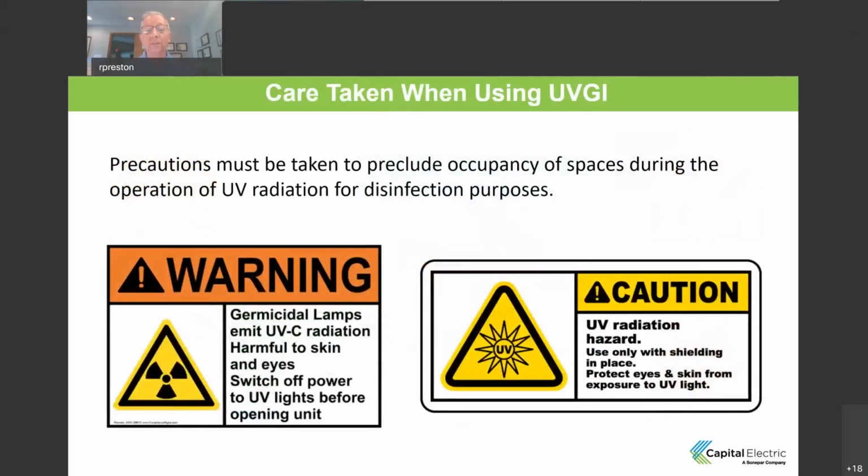Traditionally, when this product has been used in the past in areas, there is either occupancy sensor operation in effect, or serious lockouts that will prevent human entrance into a space that's being irradiated. And the labels that I put on there are not just some cute little graphic that I pulled off the internet. These are actual labels from a label company that would let you put labels and banners and signs in an area. So when you're using UVC, you're going to